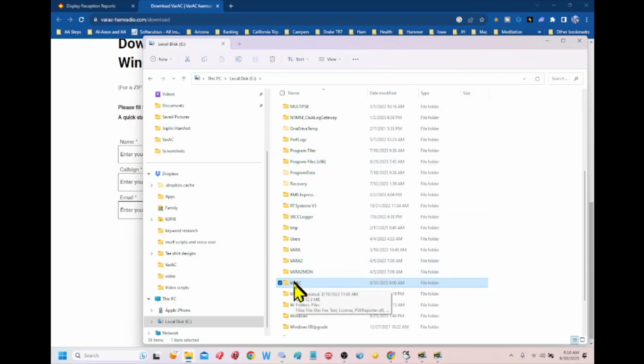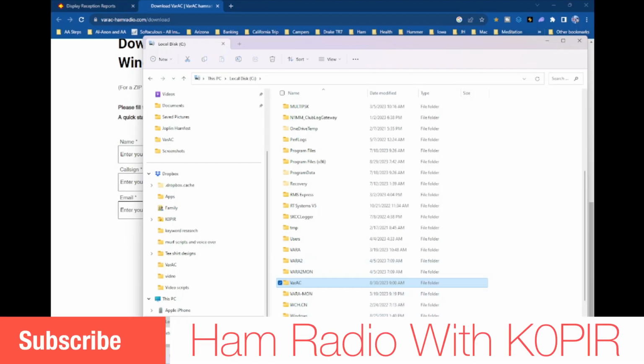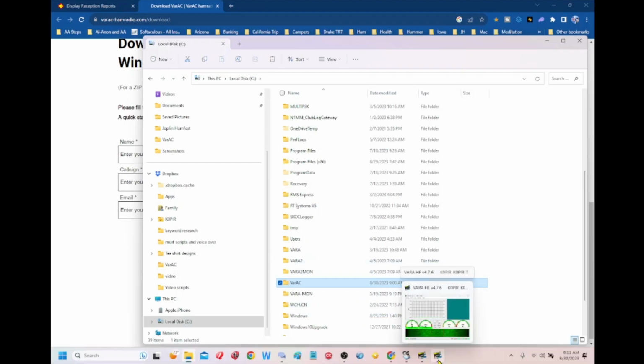Now I've got a couple of other, don't worry about these other ones here. VarAmonitor, VarAmonitor 2, or Vara 2. Don't worry about those. In my previous video, I showed you how I set up having a Vara, the active transmit Vara window open, and then the monitor window open. And I'll go ahead and select